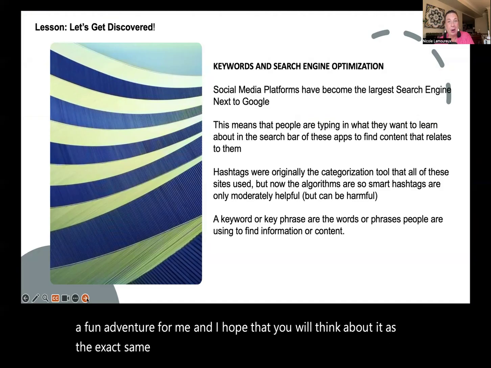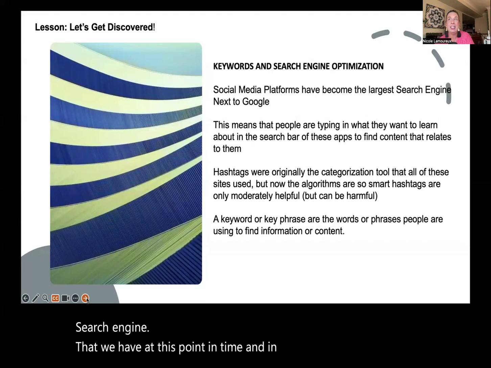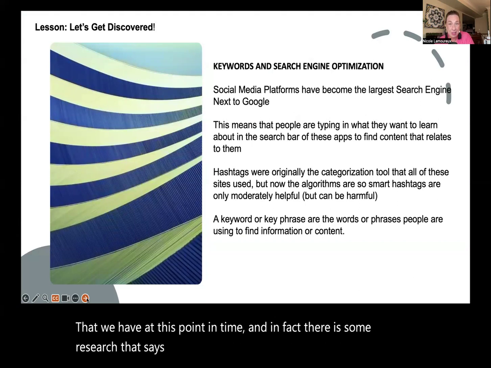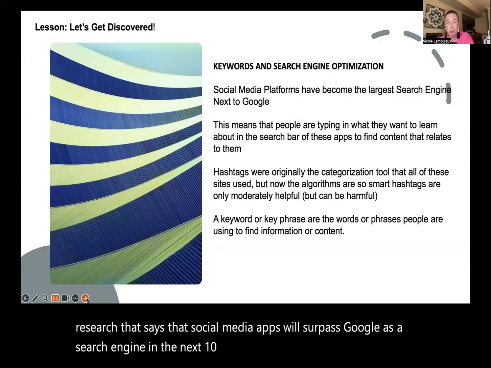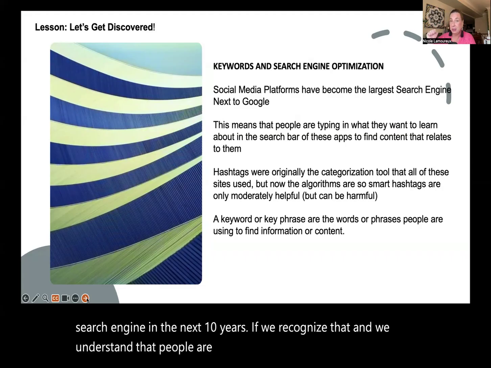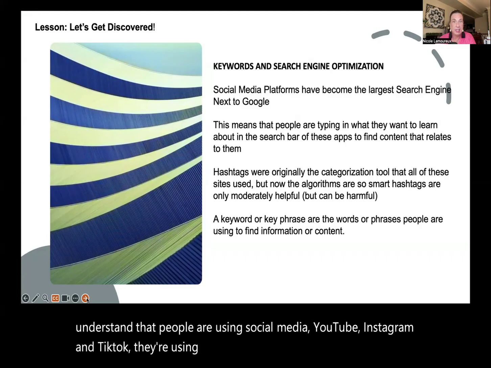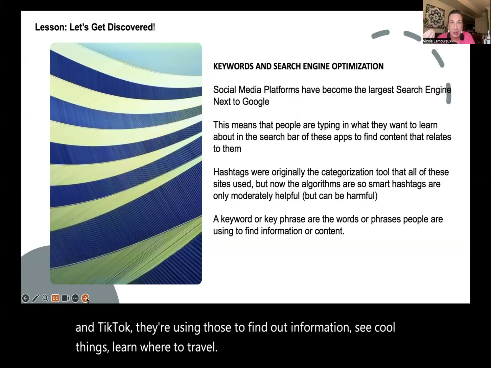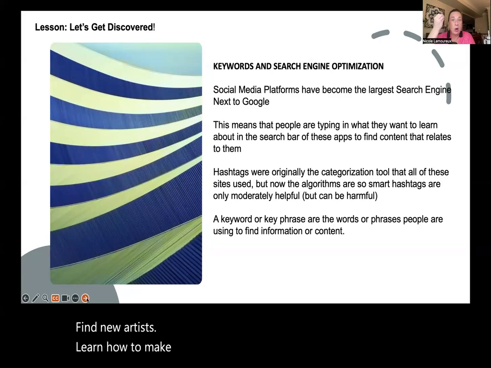Social media apps are becoming the largest search engine that we have at this point in time. In fact, there is some research that says that social media apps will surpass Google as a search engine in the next 10 years. If we recognize that people are using social media, YouTube, Instagram, and TikTok, to find out information, see cool things, learn where to travel, find new artists, learn how to make money online, buy the coolest gifts, or learn how to plant something,